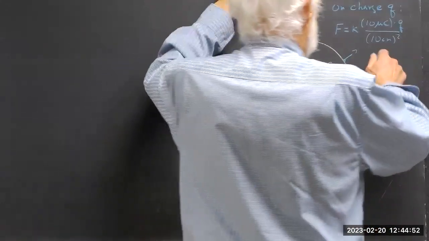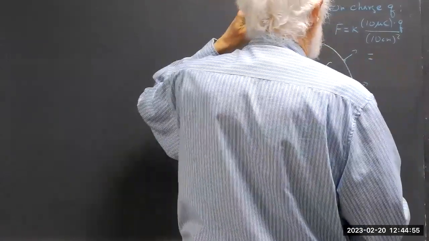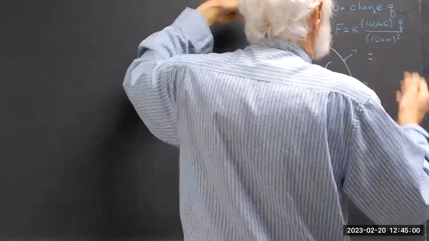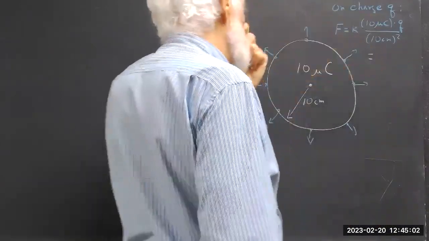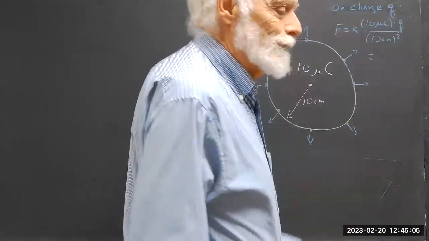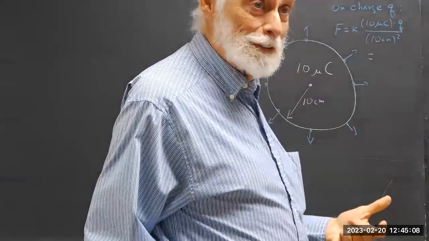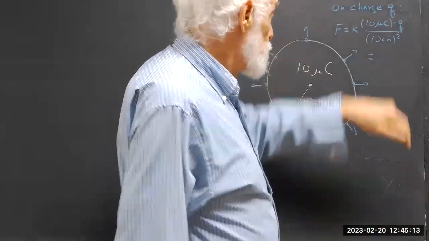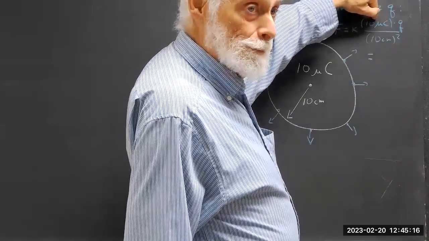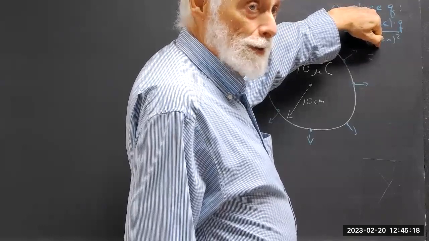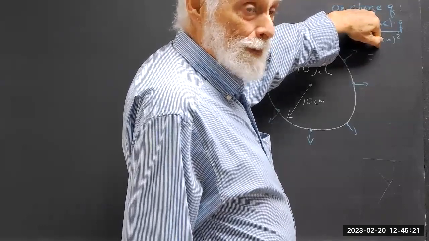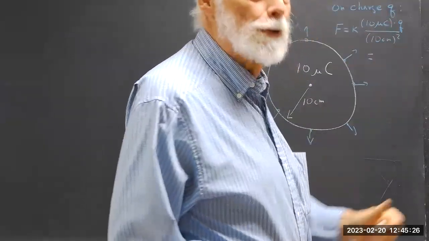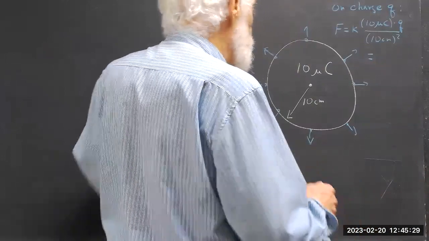So you have then 9 times 10 to the first. Whoa, that's what I was getting, like 90. That was ridiculous. 10 microcoulomb charge. Okay, so again, that's 10 to the negative 6, right? And this is 10 to the negative second in the denominator, which gives you 10 to the negative 4th. Multiplied by 9 times 10 to the 9th. Those are the numbers. The units work out to where this is